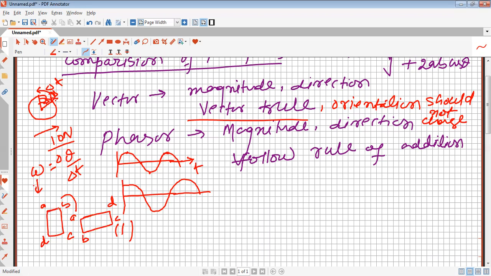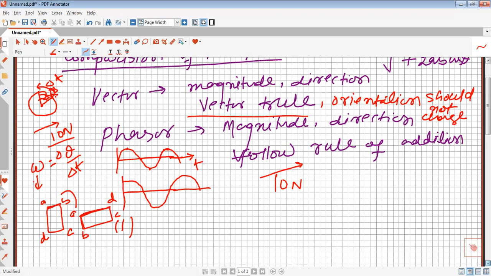What was the breadth here now becomes the length. The orientation has changed; the breadth has gone downside. So in this way, for a vector the orientation should not change. This orientation makes the difference between a phasor and a vector. If the orientation is changing, then it is called a phasor. If the orientation is not changing, as in the case of the 10 Newton force, its orientation will not change with time. It will be along this direction. So it is called a vector quantity.